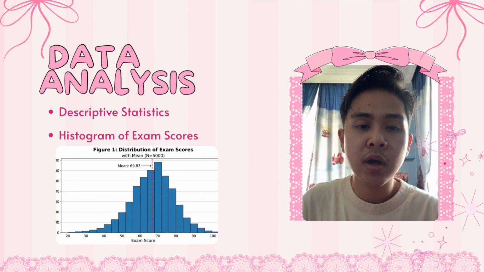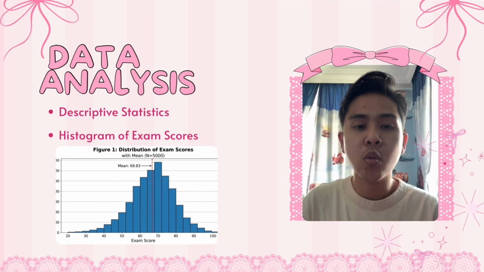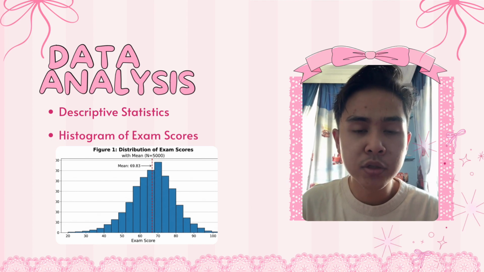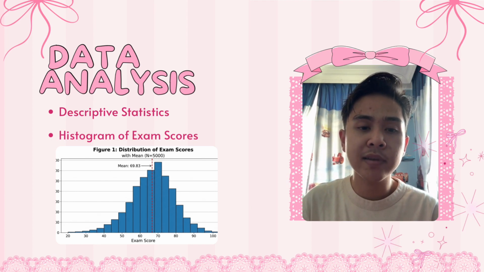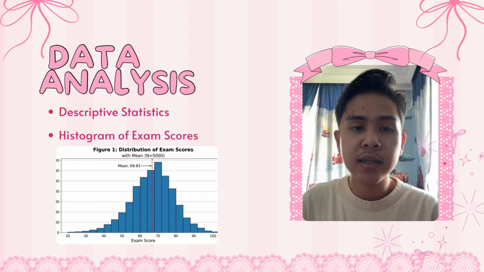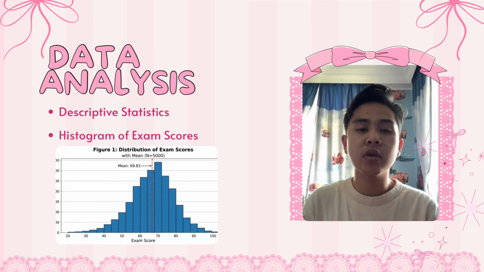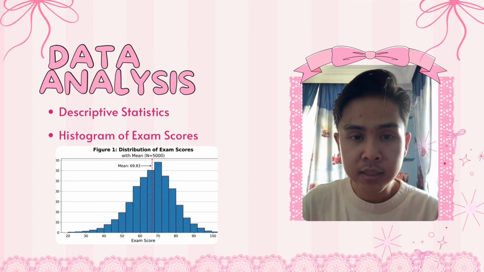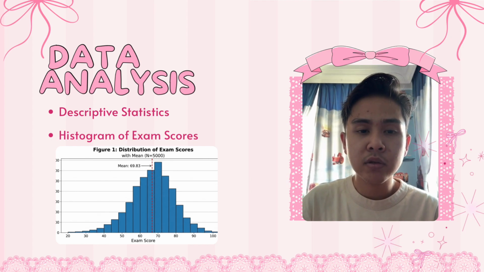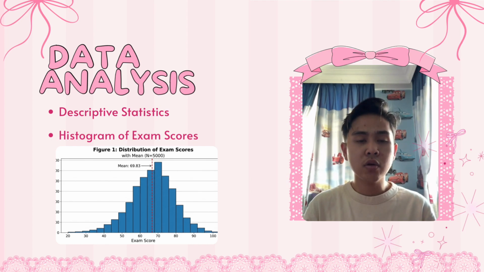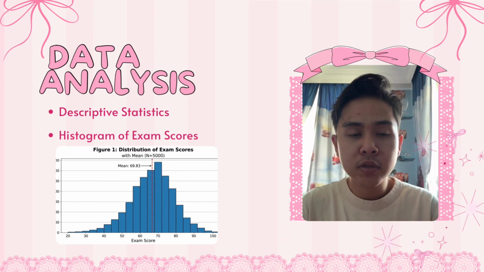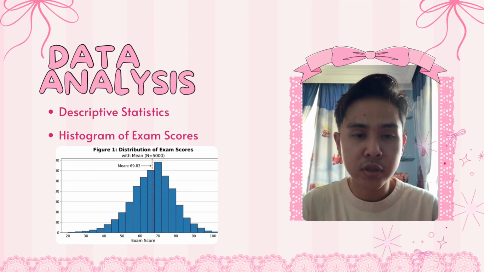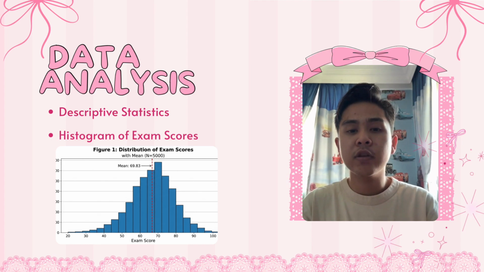The exam score has a moderate variation, while study hours show the lowest variation, suggesting students study for relatively similar amounts of time. Additionally, the skewness and kurtosis values are close to zero, which indicates that the data follows an approximately normal distribution. For the histogram of exam score,